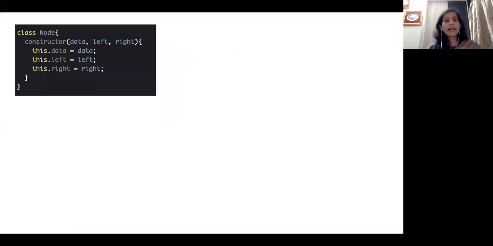So what I've done is I've also given snippets of the code, and me being more familiar with JavaScript, I've used JavaScript. If I were to represent a single node of my tree as this, I would have data, left and right, where the left pointer is basically to another node and the right one is to another node.